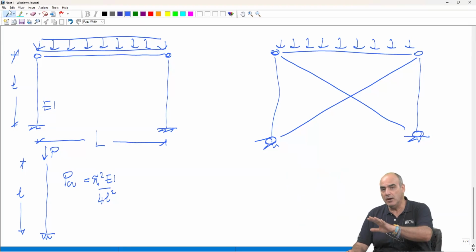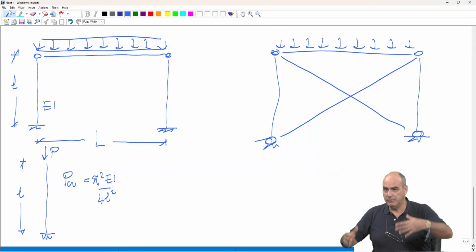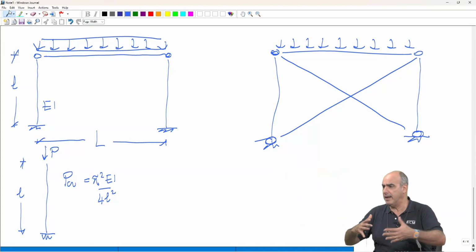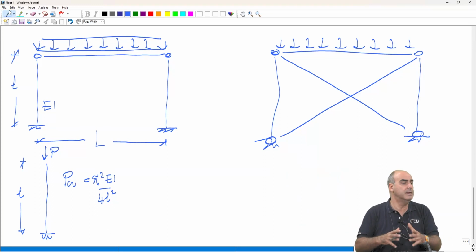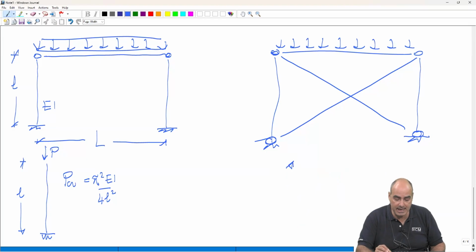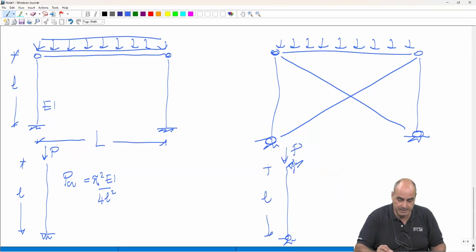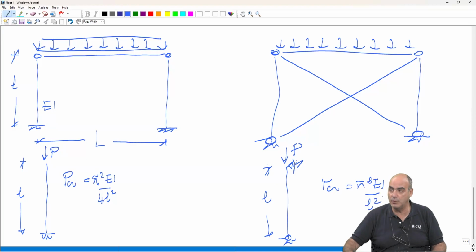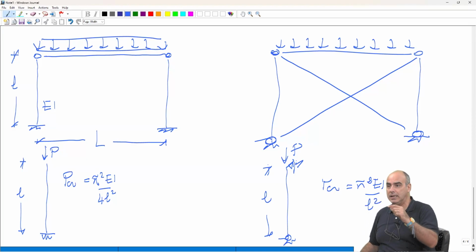But we have said, okay, in order to compensate for this, we accept that we cannot have fixed edges at the bottom, foundation elements which can be very big, very impractical also to transport. We can have hinges. Because in this case, our column becomes like this, and the critical load is pi square EJ over L square. So we see we have increased the critical load by 4 times. It's a huge